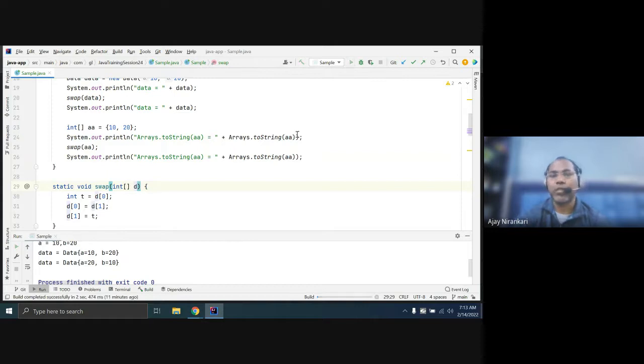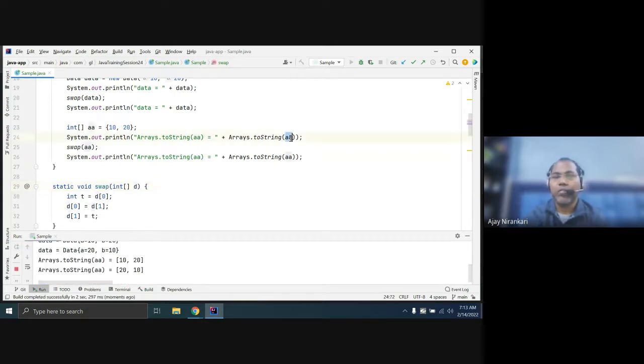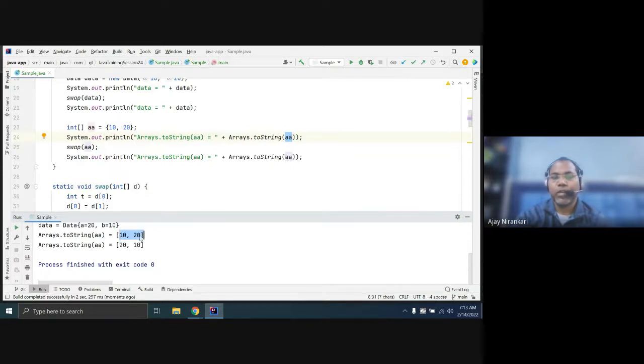Initially the value is 10, 20, but after swap, which does not return any value, when you still print the same variable, you get the changed value, because this is an object.